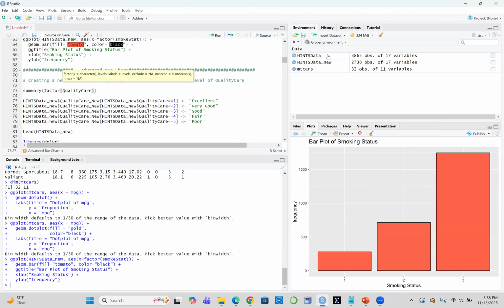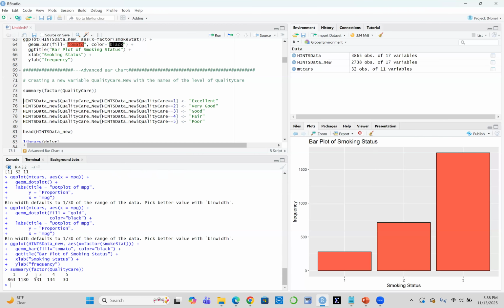So if you run this, you can see we have 1, 2, 3, 4, 5. In each of them, we have the counts or the frequency. But 1, 2, 3, 4, 5 is not very meaningful, right? So we want to make it more meaningful. So now we are going to create a new variable within our Heinz data